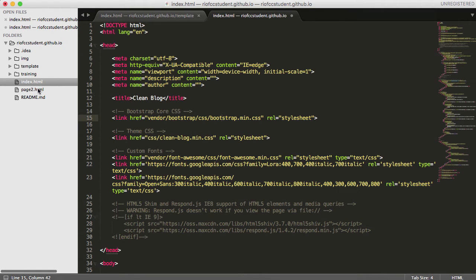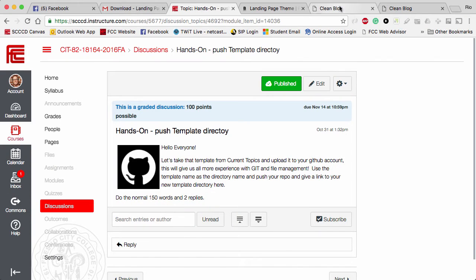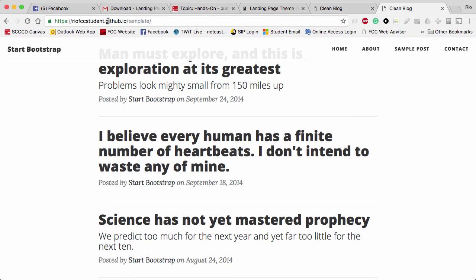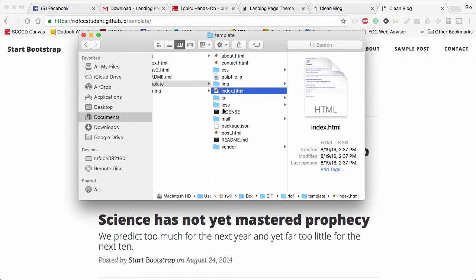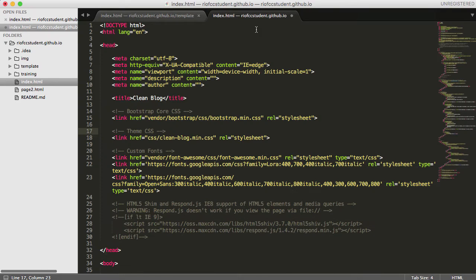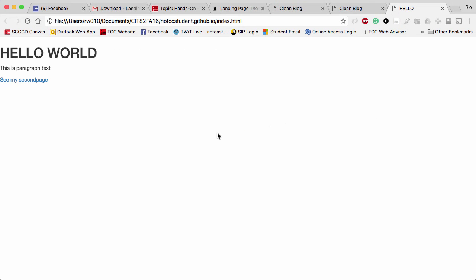Now what's your guess on how your index file would look right now? Would it look like this out here in your template directory? Well, we know it's not going to look like what's out on your GitHub account. That's clear, hopefully. And if not, just think about that for a minute, right? So back here, let's just do it because I think it's worth doing, to actually look at this. We can look at it in the browser or we can reveal it in Finder. So if we open this in a browser,